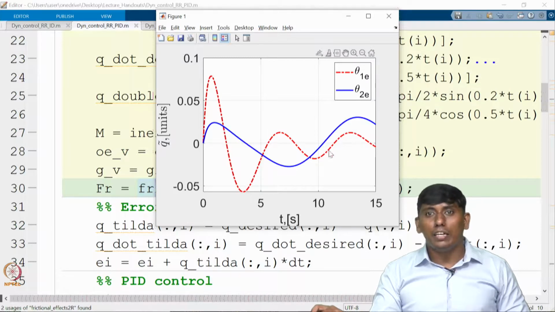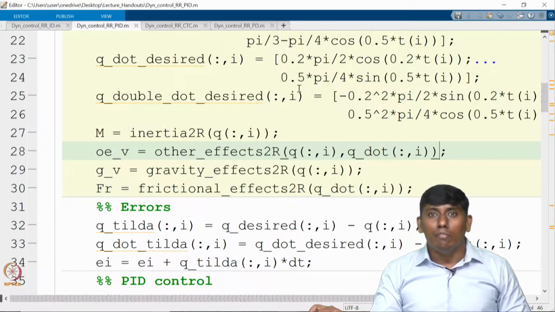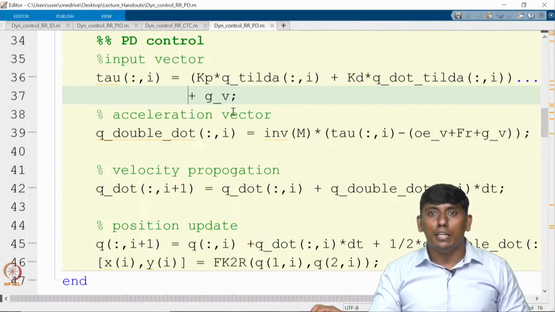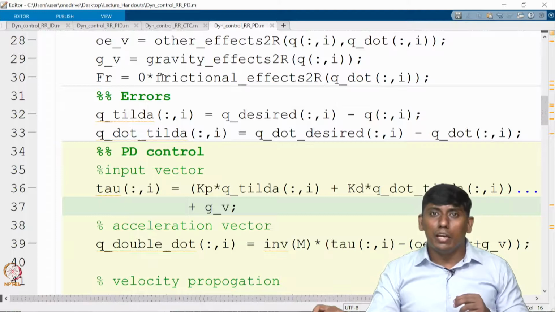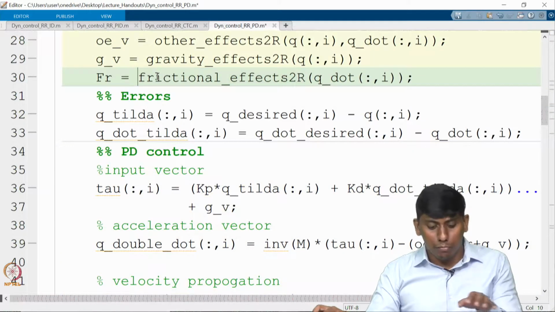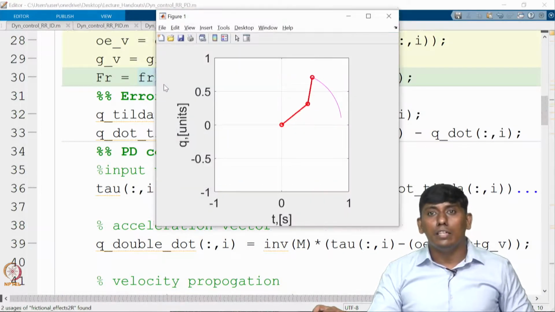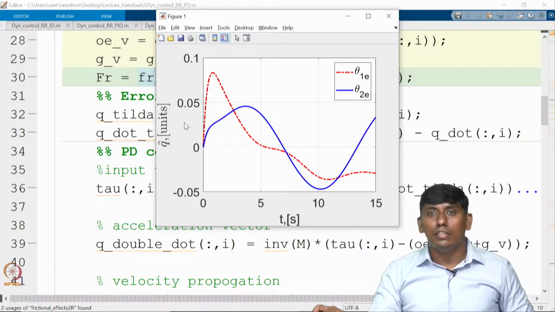Now you can see even with the friction we included, the I term is trying to compensate, whereas the PD control, if I include the friction, may give a slightly similar response to what you have seen in the computed torque control. You can see it is trying to go somewhere, right?